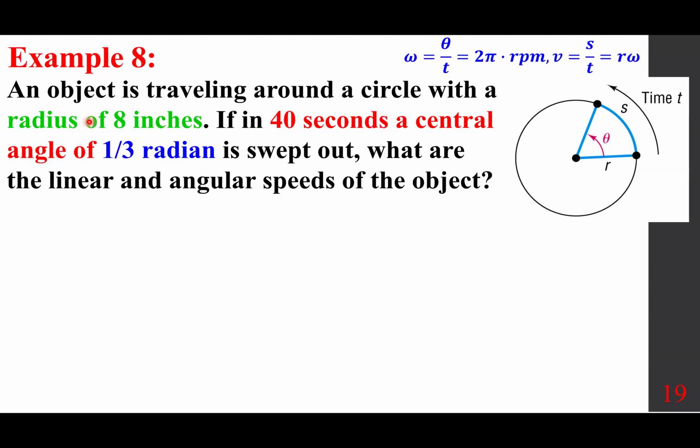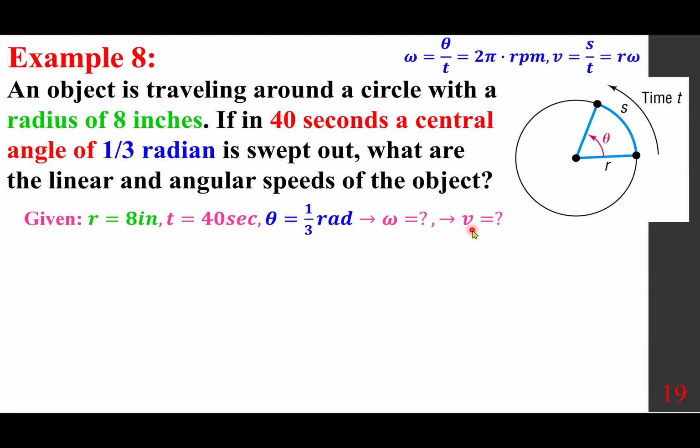And that is R equals 8 inches over the time of t equals 40 seconds. The angle theta is 1/3 radians. We are interested in omega and V. We want both of them. So first, this is explaining what's given, what's missing. And so having said that,